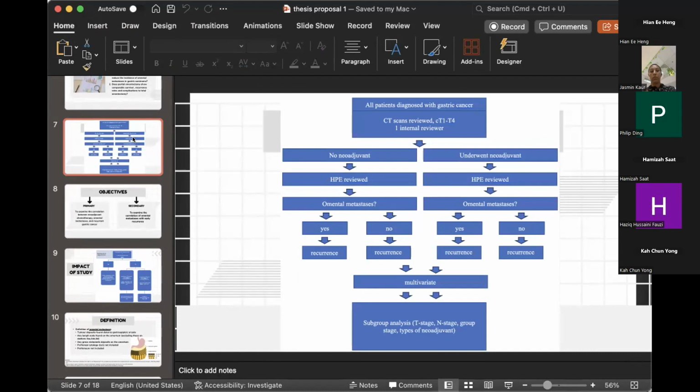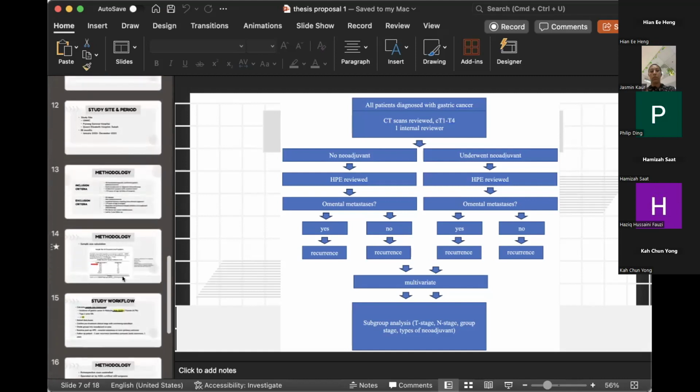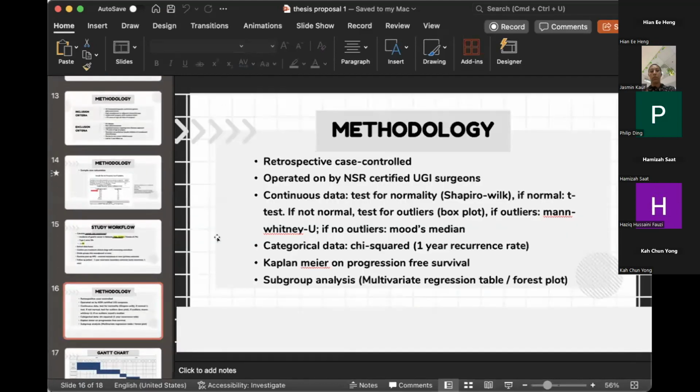Okay, so before I answer that question, if you have two arms, then you probably will need 99 per group. Yeah, 99 per group. But having said that, because you did say your analysis plan is going to be multivariate, can you explain that a little bit more to me? How are you going to analyze this? Are you using a logistic regression, or just comparing in terms of mean? If you're using logistic regression, what are all the factors which you're collecting?